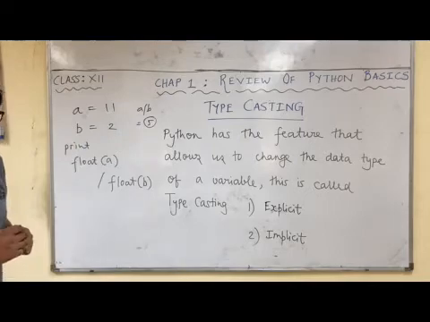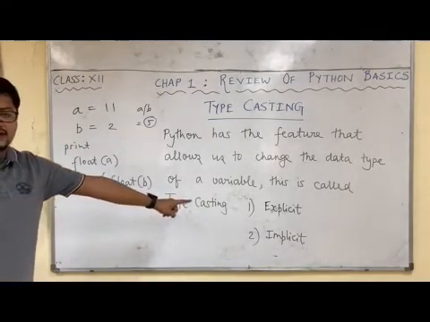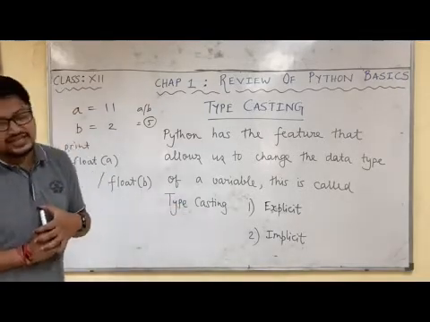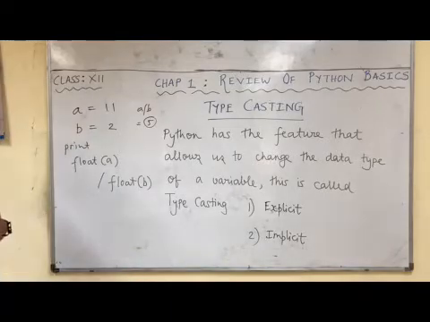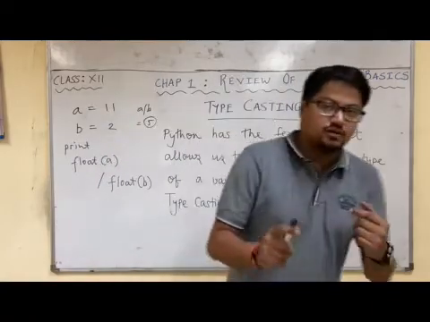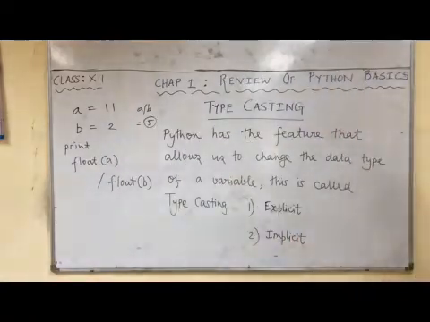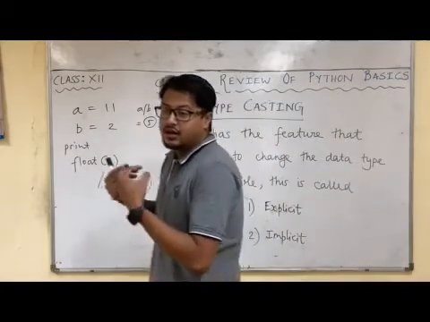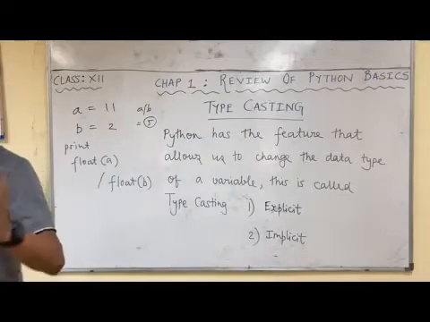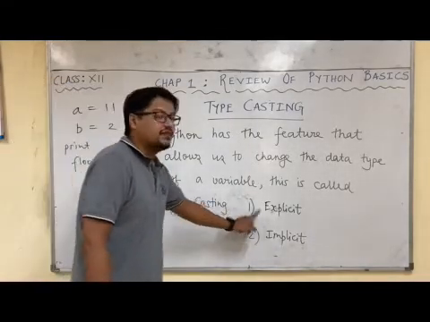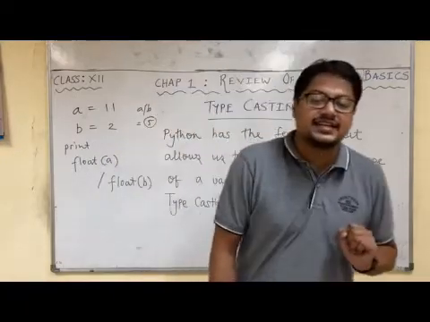Now there are two kinds of typecasting, students. We will see both of them now. Number one is explicit typecasting or explicit conversion. Number two is implicit typecasting or implicit conversion. Before we go into the examples of explicit and implicit, let us try to understand what this means. First, let us see explicit typecasting. Whenever we on our own change the data type of a variable to another data type, that kind of typecasting is called explicit typecasting or